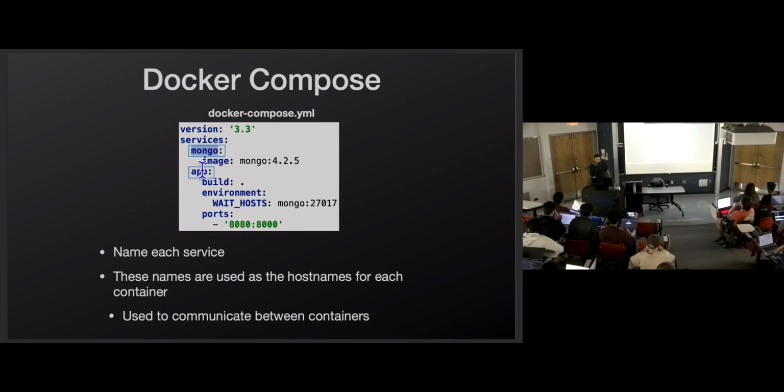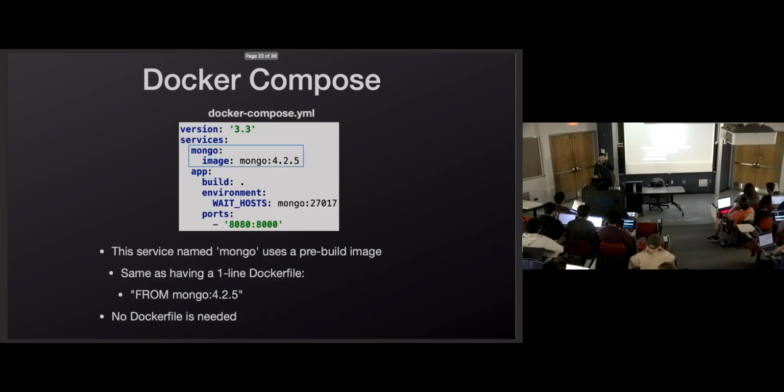And remember these names. Whatever you name your services, and these are literally whatever you want to name them, you do have to remember those. You have to be consistent with these because that is going to be the host name of that service. I know I've said all this before for those of you who just absorb everything and get it the first time, but this is where it's going to start really mattering, that these are the host names for your services. Because we're going to have multiple containers communicate with each other.